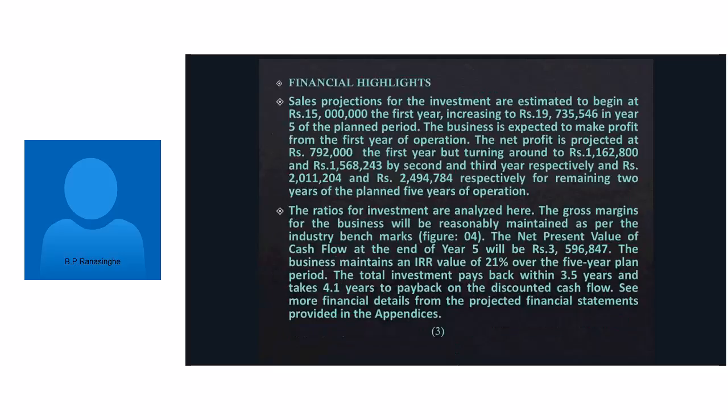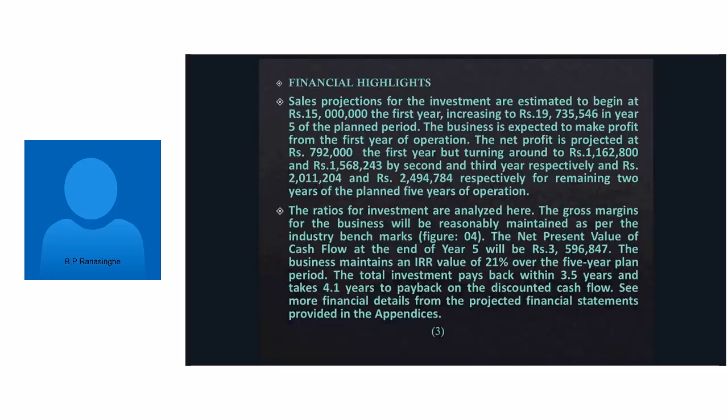So if you focus on the financial highlights, sales projection for the investment is estimated to begin at 15 million the first year, then it will increase to 19.7 million in year 5 during the plan period. The business is expected to make a profit from the first year of operation. The net profit is projected at around 792,000, but it turns around to 1.1 million